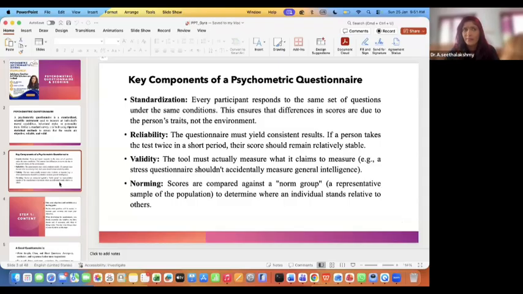Also make sure that if this year is 2026, don't go and take a questionnaire which was developed long ago. Maybe the Bell Adjustment Inventory is a common one that people generally use to understand the adjustment level of students or your respondents. But please check the year when it was developed. Considering those factors, we don't use a thing which has passed its date, correct? There is an expiry date.